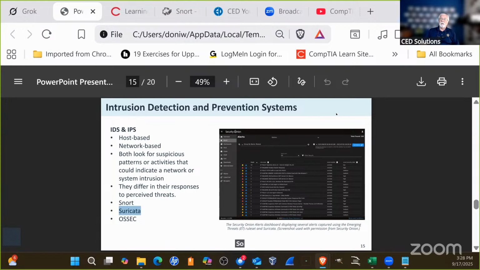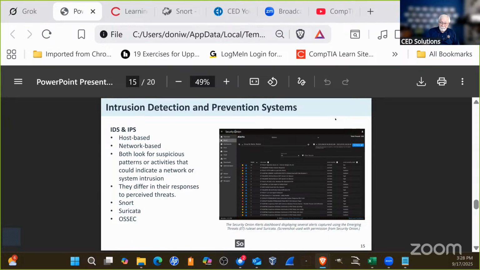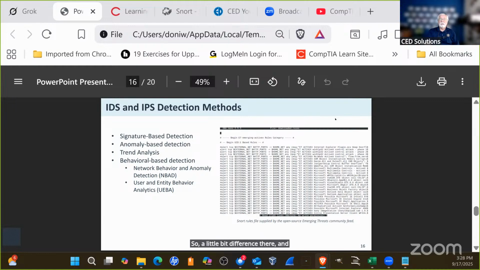So again, main thing to remember there, IDS is more passive. It can tell you, hey, we're being robbed. IPS is more active. Hey, we're being robbed, we're going to stop the intrusion right now, kind of thing. So a little bit of difference there, and both of these utilize